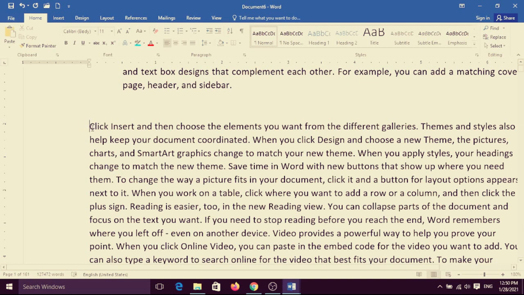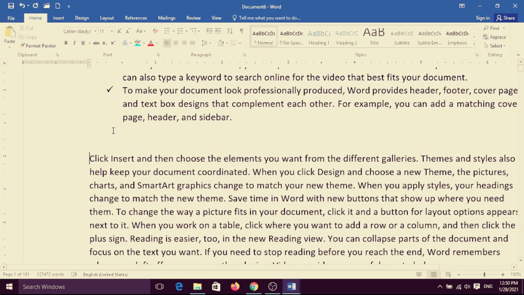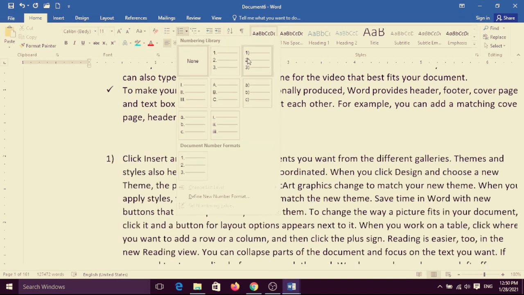Suppose I want to choose the first number. You can click on the home tab, choose the paragraph group and click on numbering here, and whichever type you want to number, you can see the example of that. Yes, ABC, small abc with parenthesis, small a with a full stop, 1 for the Roman numerals, and like this type. It depends on you which type of numbering you want to use.